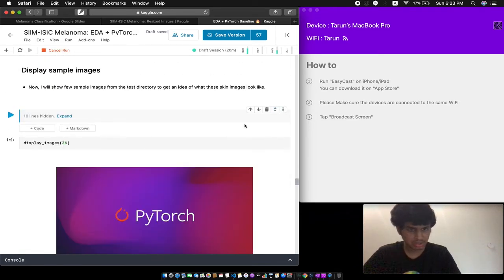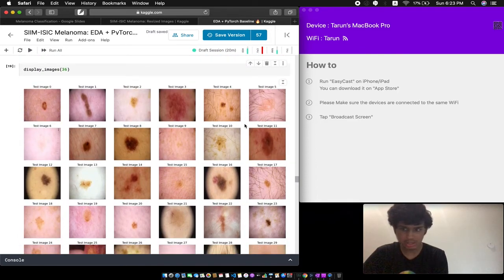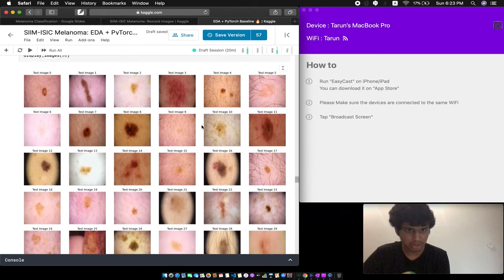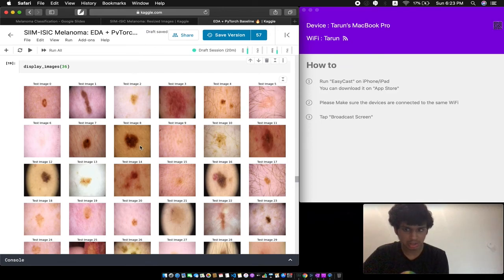So we're just loading up a couple of images of these skin lesions and just plotting them. Okay, cool. So these are some images of skin with melanoma, right? So as you can see, a lot of them have these sort of brownish, reddish patches, right? So a lot of them are asymmetrical, and these ones are usually the ones with melanoma. The ones with brown asymmetrical patches, that's usually one of the signs of melanoma. One way of finding if a patch is melanoma or just a normal patch, like this one for example.